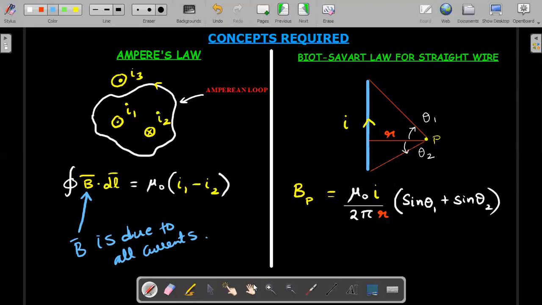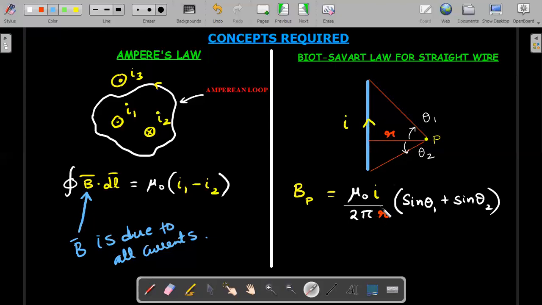Then coming to the Biot-Savart law, it's a pure integration problem. So the basic form of Biot-Savart law, you take small dl elements of current here. So it's a finite wire. You could see there is a finiteness to it. It's not infinite. So at a point P away from the wire at a distance small r, its location is guaranteed by two angles, θ1 and θ2, that it makes with the ends of the wire. You could see at the ends of the wire, it makes an angle θ1 and θ2 with the shortest distance line.